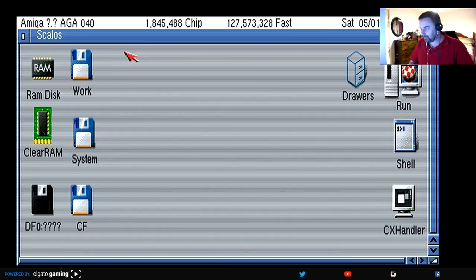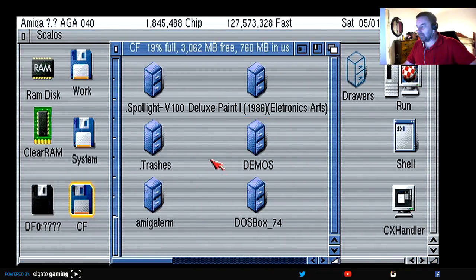Okay, so I thought we'd look at the alpha version of the AGA firmware, or core rather, of Vampire, and just have a little play about with